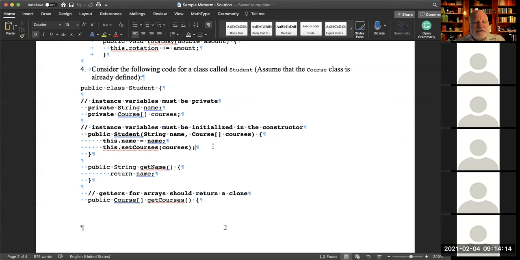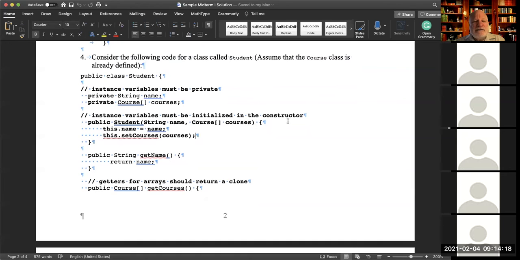Okay, now the second one is that instance variables must be initialized in the constructor. That was something which I've talked about, where you can initialize them in the declaration here, but in the conventions for this course, instance variables are initialized in the constructor.